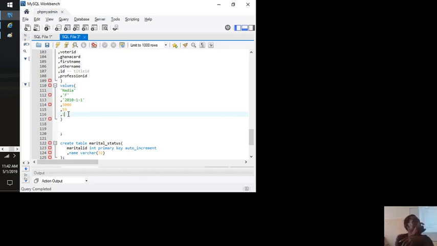The flexibility you get with the IDs is if you are searching, it's faster searching with ID than string. If you say where the column is ID, it's faster than this. And imagine even if you are to type it, I'll say where marital status equals single. It's easier to say where marital status is 1 than to write the full single. So that is